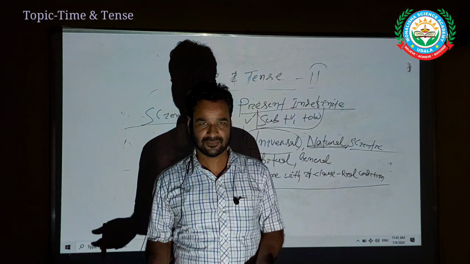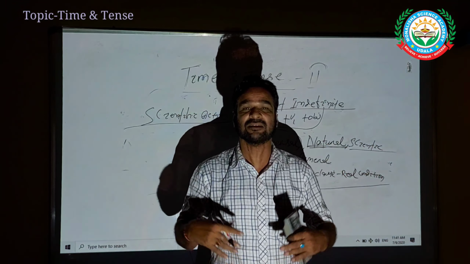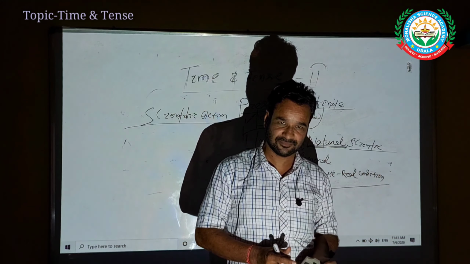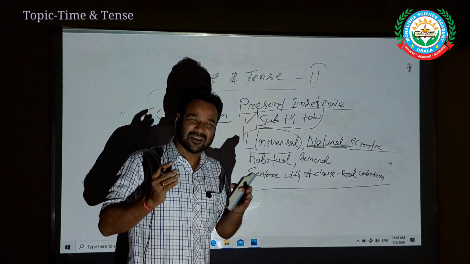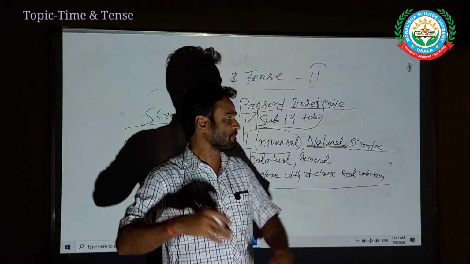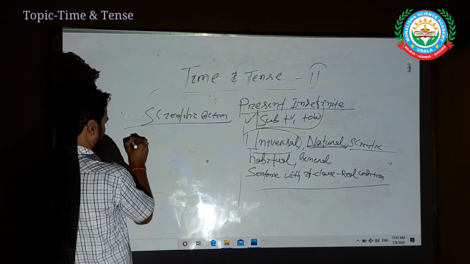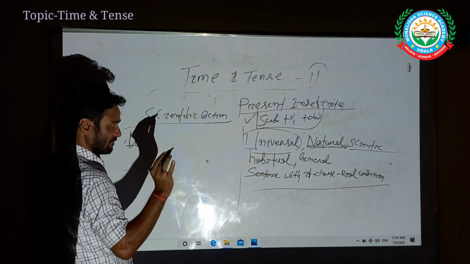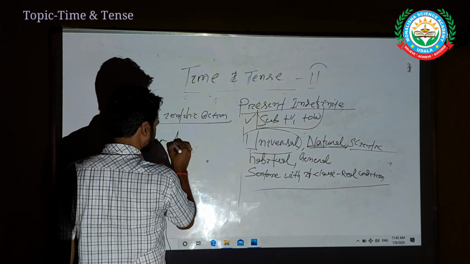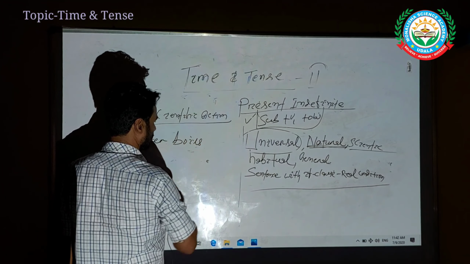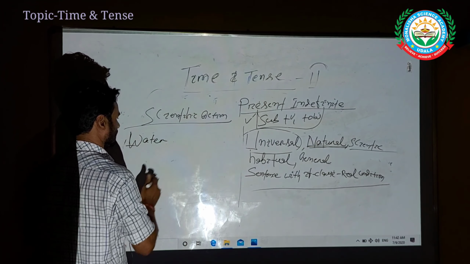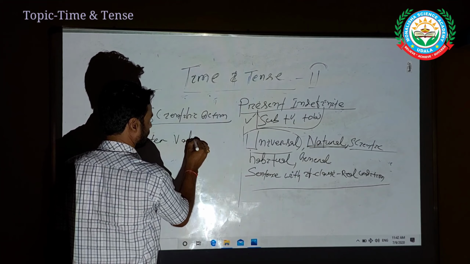Whatever action is taking place in the universe, in this material world, like a chemical reaction, it is because of the chemical nature of the elements, right? So here you see the example of scientific action: water boils, water vaporizes